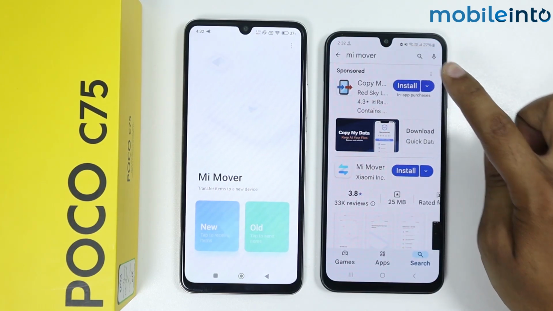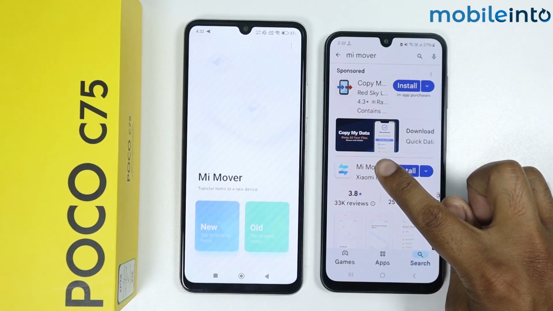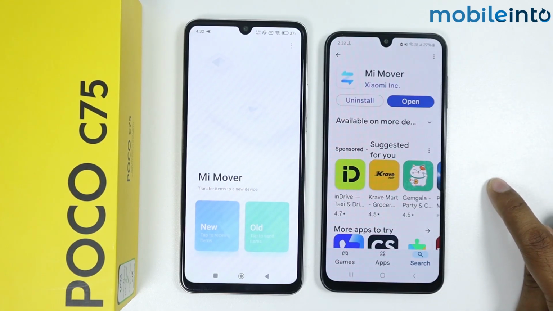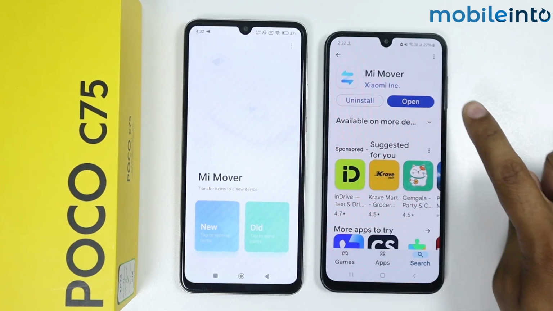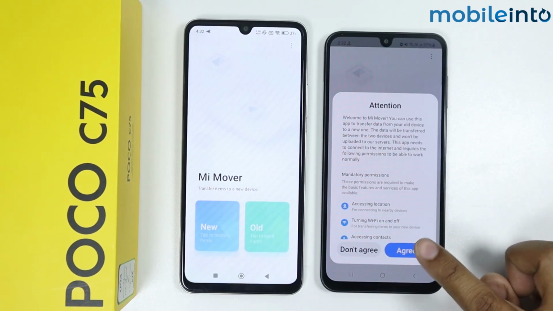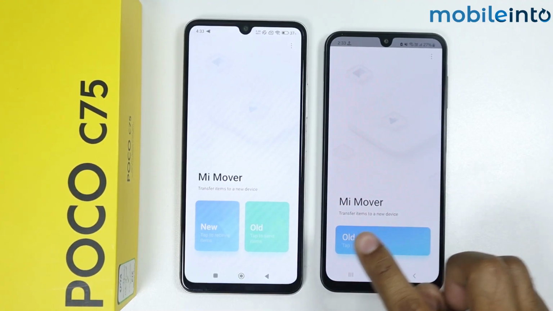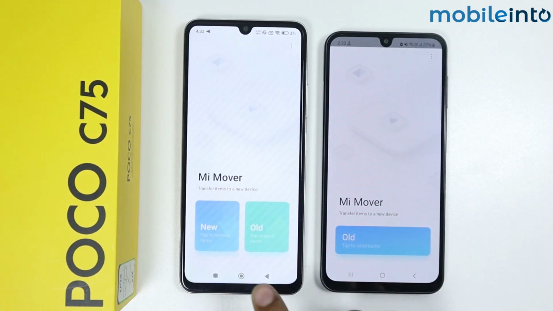Search here Me Mover. I will simply tap on this application and install it. Me Mover is installed in my other Android device. I will simply open it. Tap on Agree. I want to transfer data from Android to Poco C75, so I will simply tap on New,